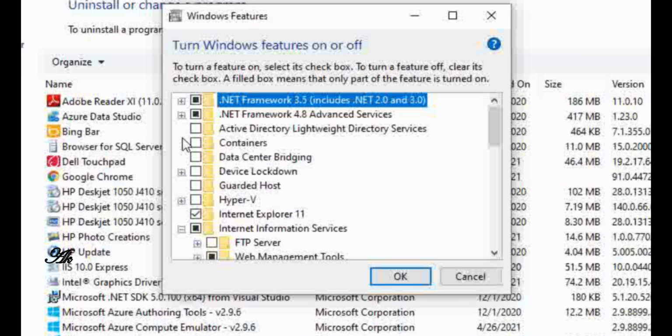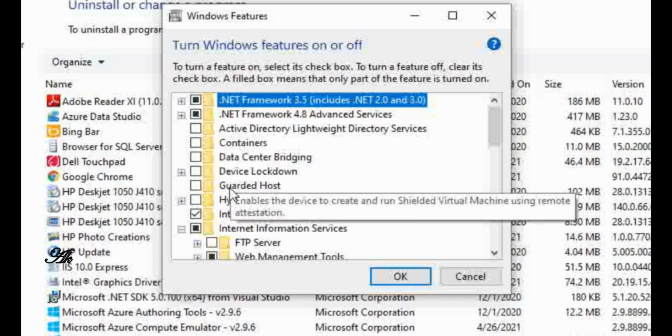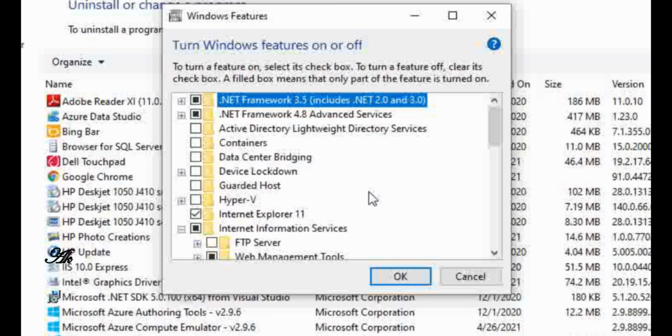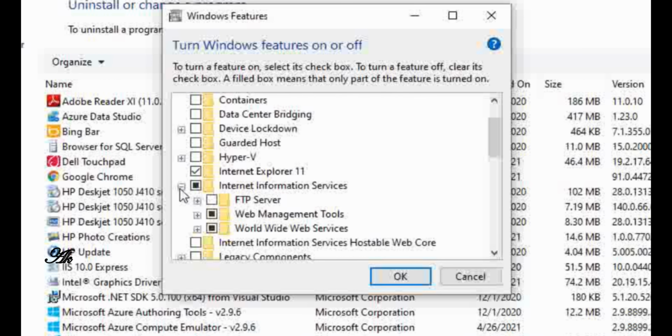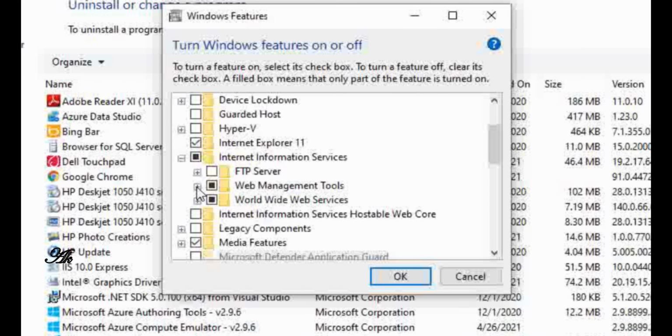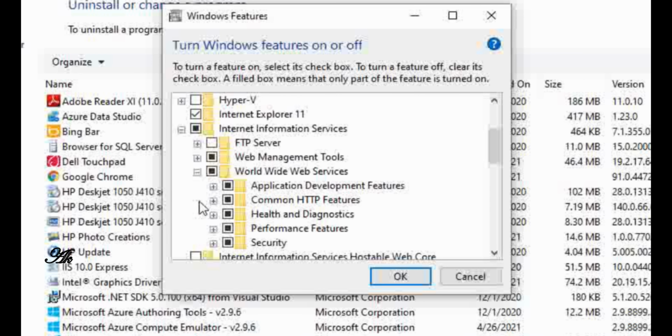These are all the settings that need to be marked so that your IIS works in your system and helps to host a website in the browser without any difficulties. Under Internet Information Services, under World Wide Web Services, keep all options marked. Do watch it again if you miss any step, as it may hamper things when you browse your website in the browser.